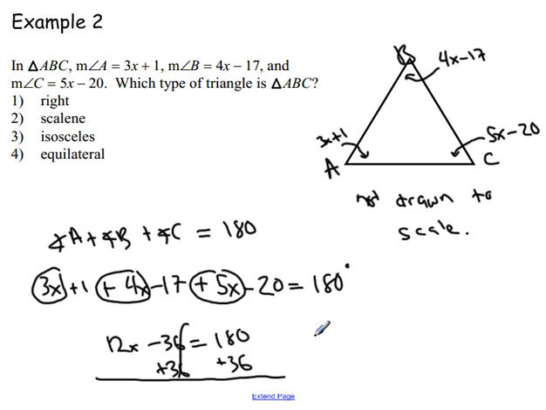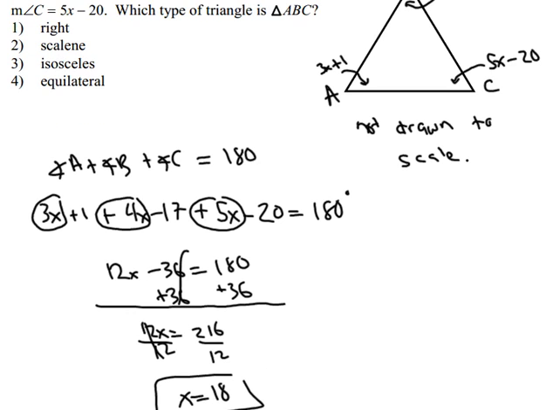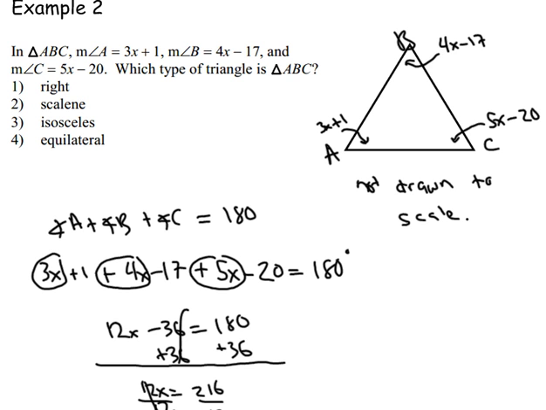180 plus 36 is 216. So we get 12x equals 216. Divide both sides by 12. And we get x equals 18. We're still not finished. So if x equals 18, that means angle A is going to be equal to 3